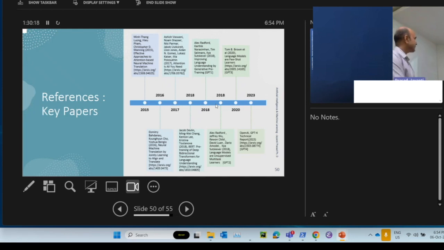It all started when the attention paper, Attention Is All You Need, came, by Vaswani. Okay, it was in 2017. After that, mostly it is a transformer network. And we are at 2023, so just in a span of 6 years, so much happened.